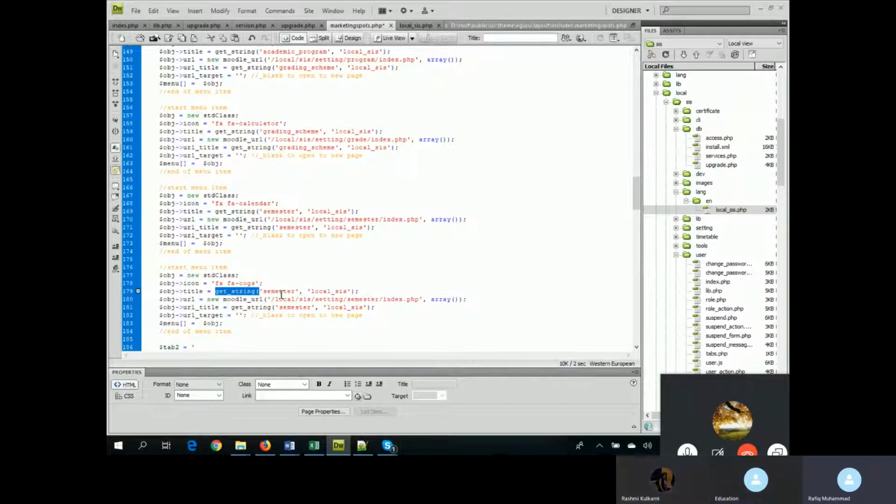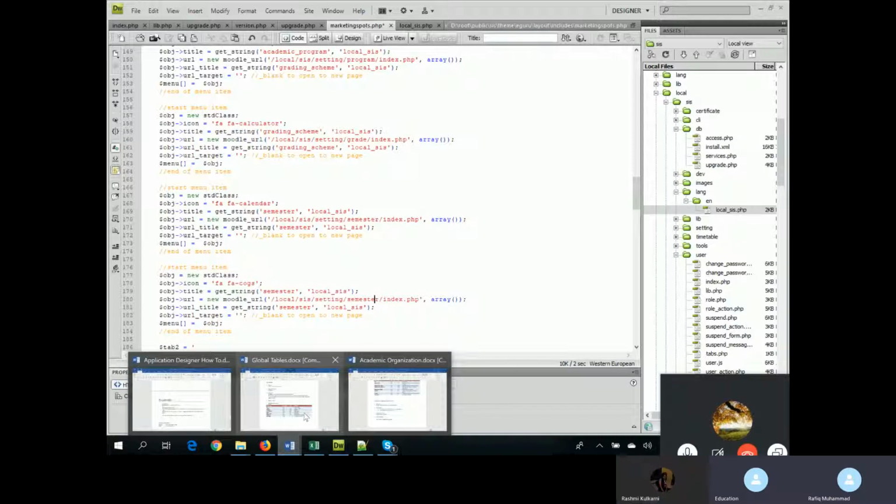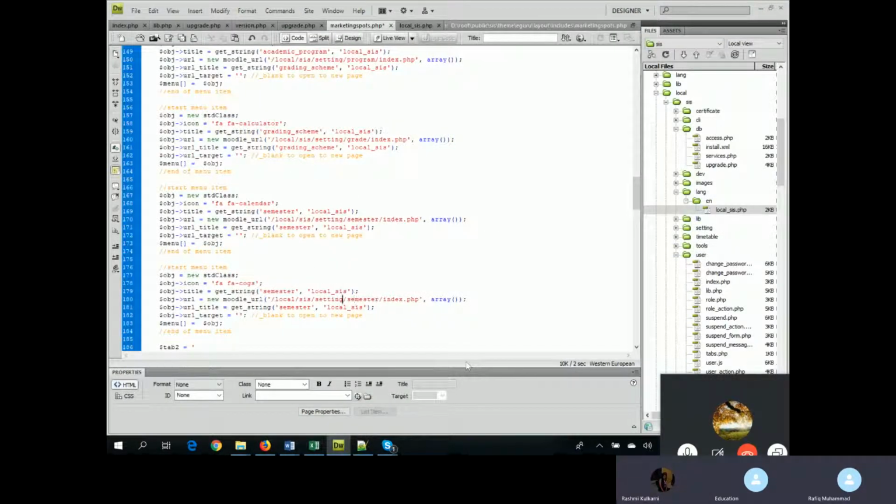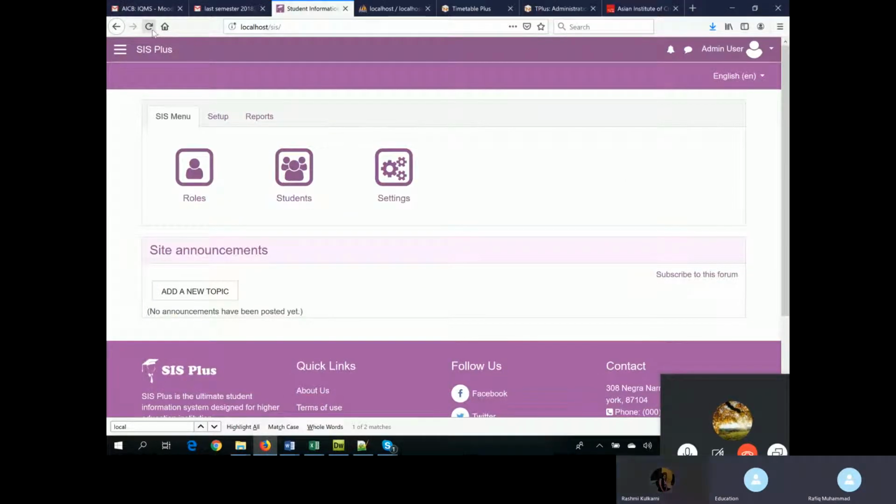For now I'm pointing this semester local sys. This is a link I want to point to, and if you look at the documentation here, it says that I want to put this function under sys system. So I will come back to the code. Basically, I will go into sys system. Maybe it is a file which I'm going to call lookup. All right. So now if I refresh here,